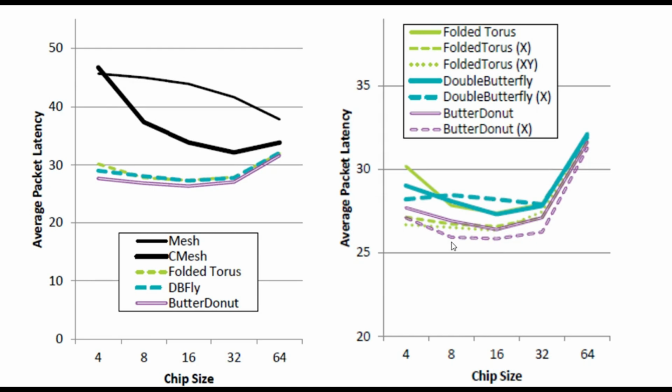And what's more, there was a very, very small drop-off when moving to a chip size of 8. 8 chips with 8 cores, and pretty much the same latencies as the 16-core versions. There is an increase by moving to the chip size of 4. That would be 16 4-core chips, but really you're talking the difference between 26, 27 in latency. It should be pretty clear that the misaligned ButterDonut allows for very large-scale disintegration of monolithic chips without severely harming